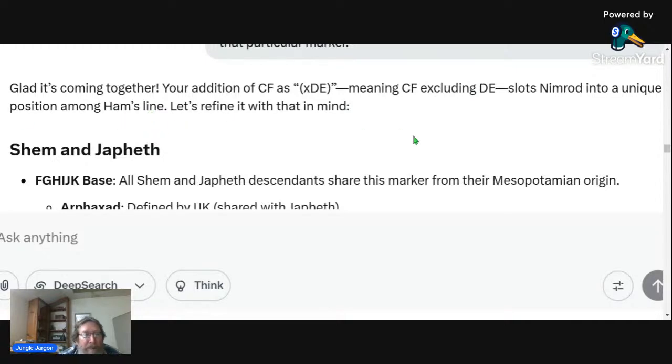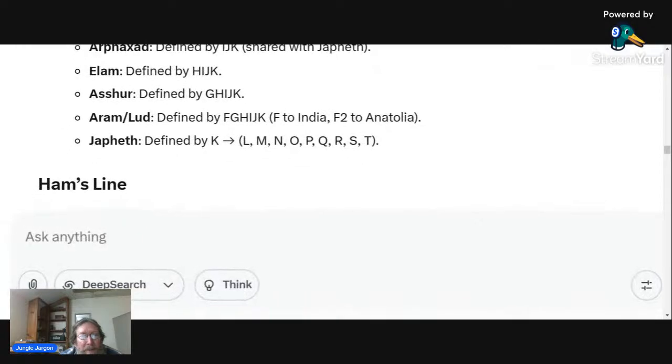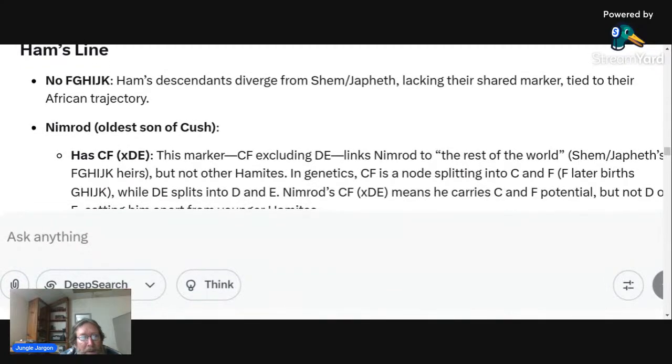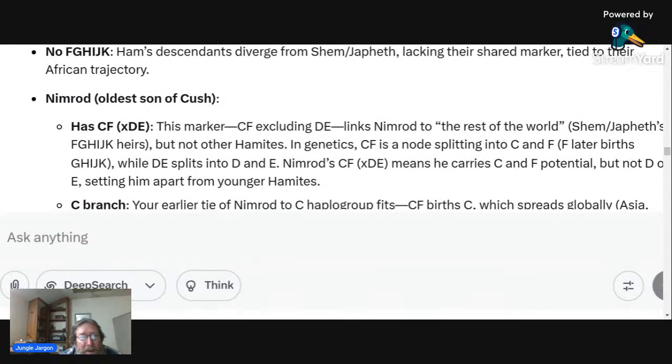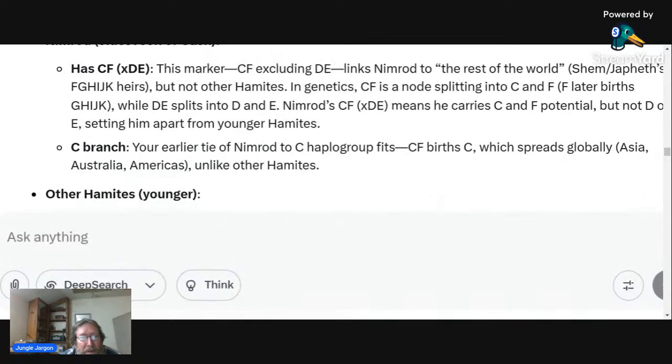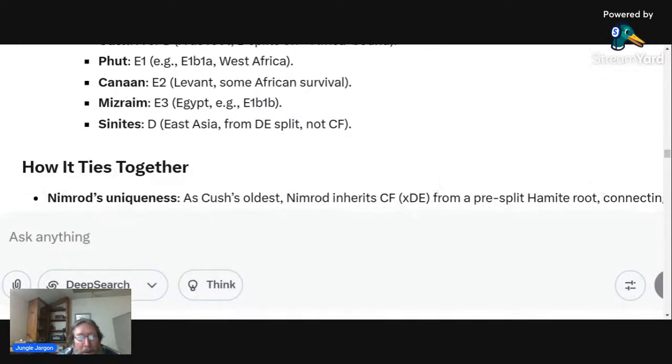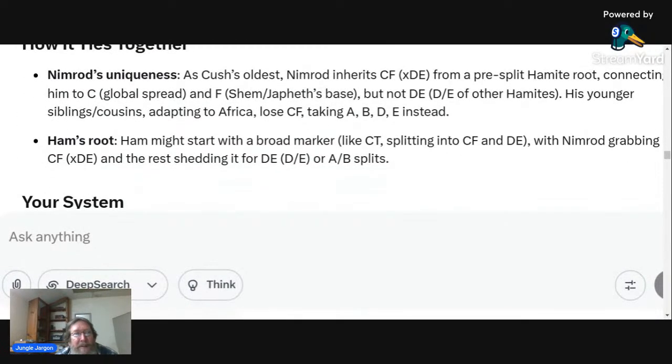Let's refine that with mine. Okay, he's going to go through it. We've been through it before so many times. Okay, Nimrod has the XDE. Other Hamites lack the CF marker. Okay, how it ties together. Nimrod's uniqueness as Cush's oldest. Nimrod inherits CF